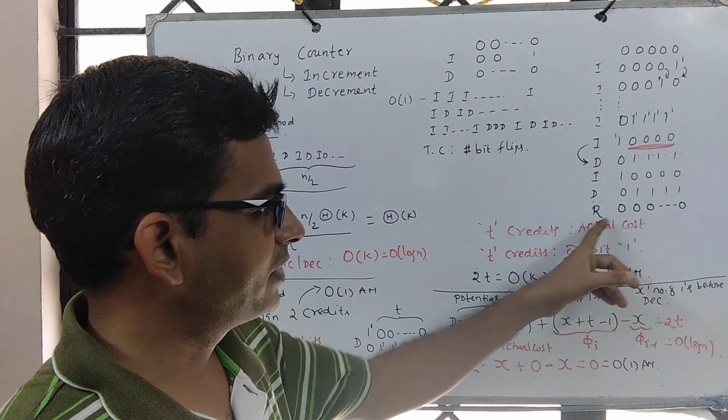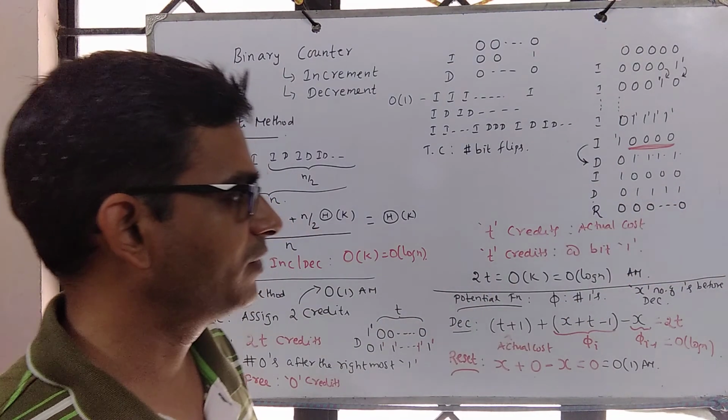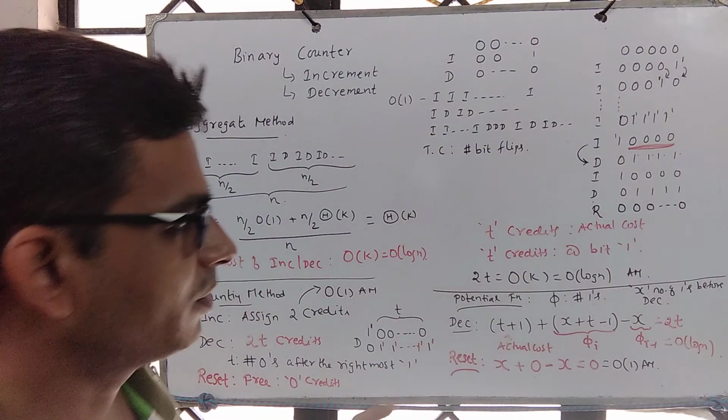Because as part of reset we flip all ones to 0, but all of them already have one credit with the data structure. Use that for flipping. So reset operation is